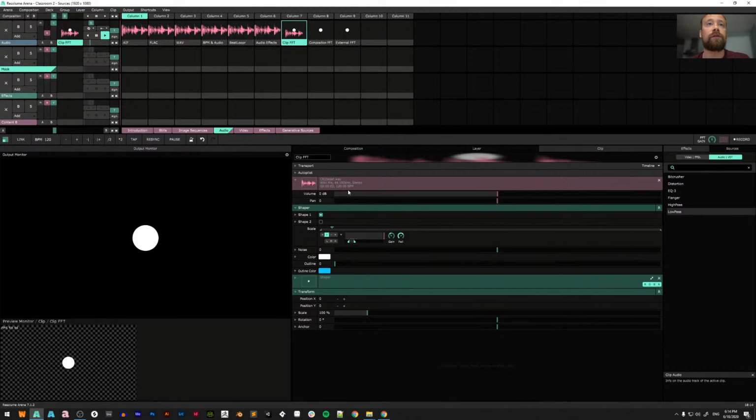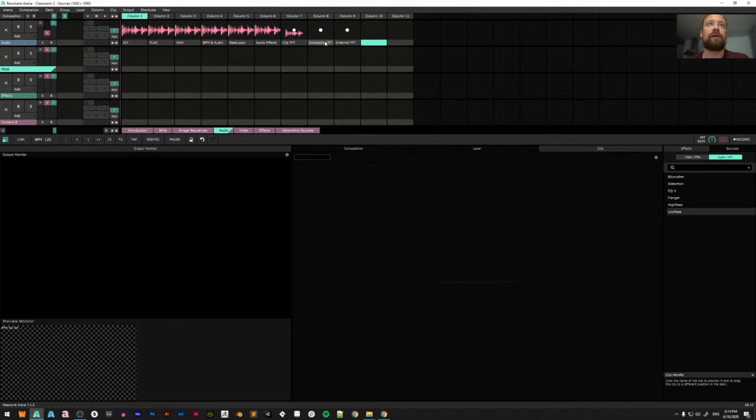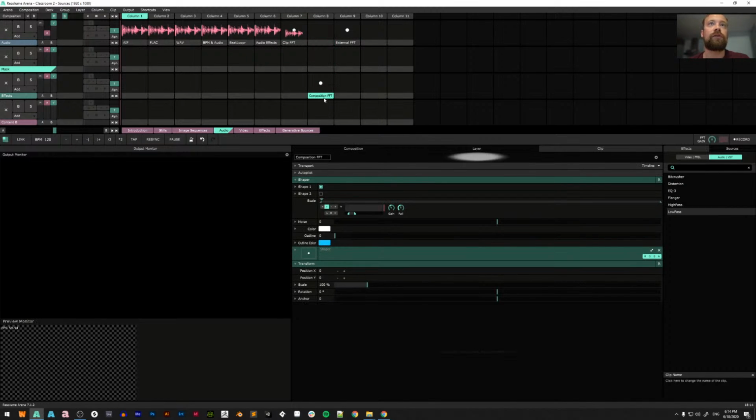Let's move on to composition FFT. I actually have to drag this one down, or else it will not work. Here we have a little dot, and this one is set to composition FFT. So this is the sound of the entire composition. If the song is playing over here, for example,